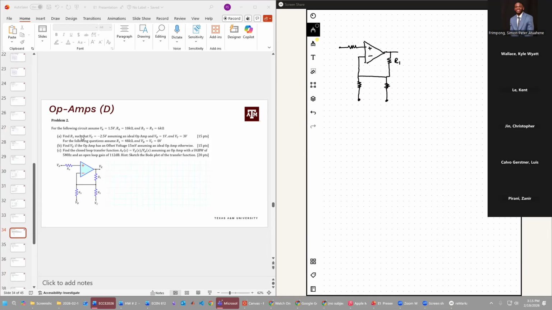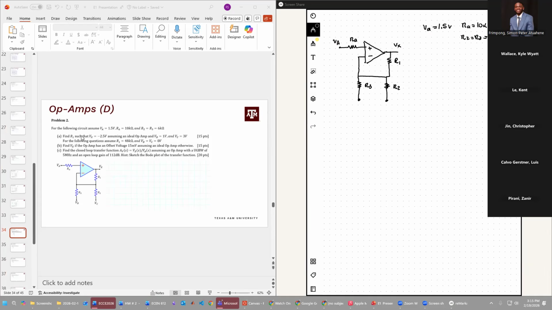So one thing to keep in mind is what type of op amp configuration we are dealing with, as well as what kind of assumptions we are allowed to make with this particular circuit. So we have VA equal to 1.5 volts, RA is 10 kilo ohms,